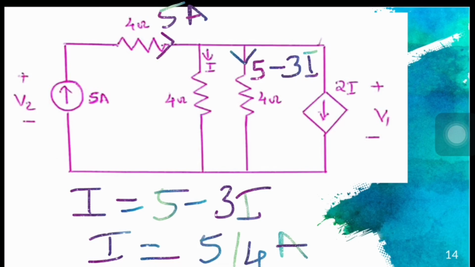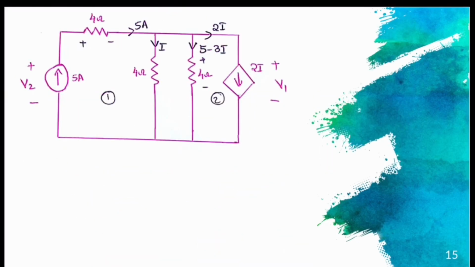Now we are going to write the KVL equation in this loop. So this is our network. Starting at this point in clockwise direction, first we observe the voltage drop across this 5 ampere current source, which is marked as V2 with the polarity mark minus plus. Correspondingly, we start our KVL equation with minus V2. Then the voltage drop across this 4 ohm resistor, which is nothing but 5 into 4 with the polarity mark plus minus. Hence we add a term plus 5 into 4, that is 20.